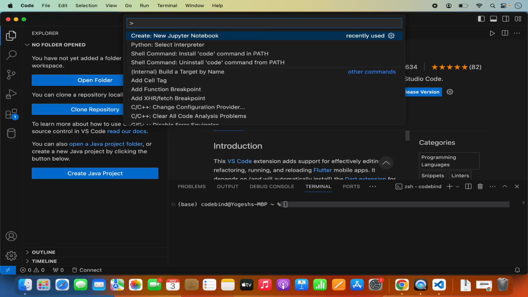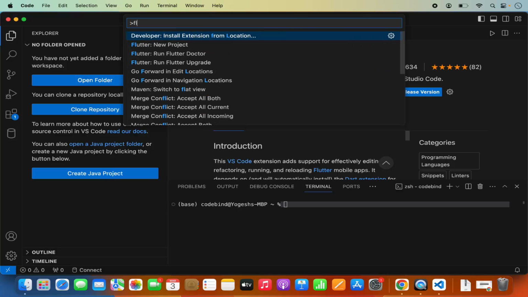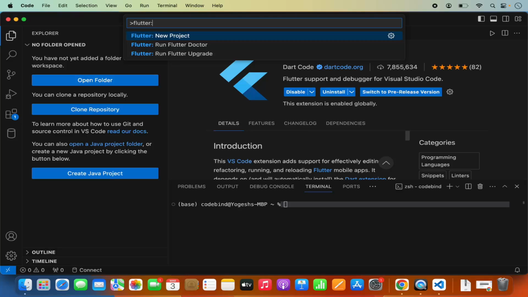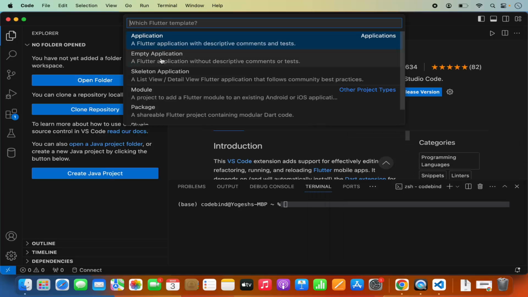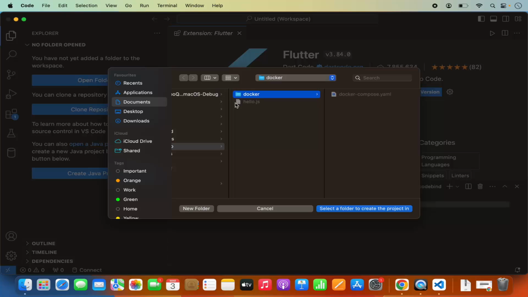Here, after this arrow, just write Flutter and then colon, and you will see this option here which says new project. Okay, so I'm going to click on new project option here. Now here it says select your template, so you can select the application template, empty application template, skeleton, and other project options are also available. So I'm going to select the first option, which is the application template here,